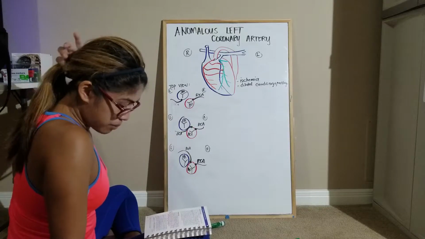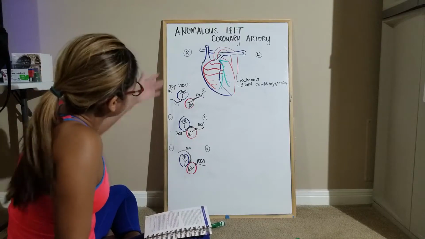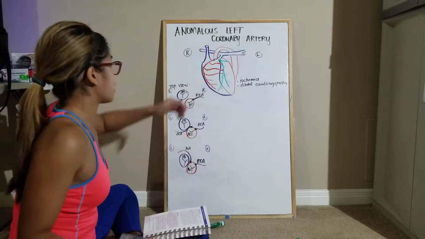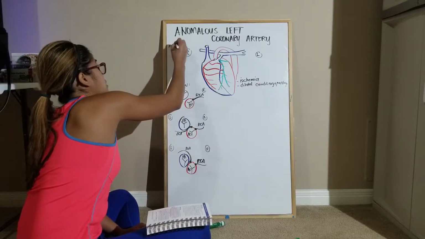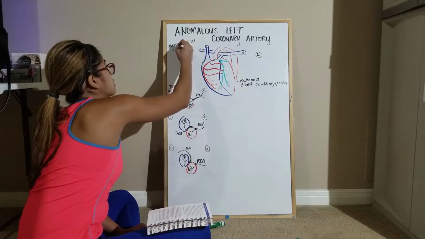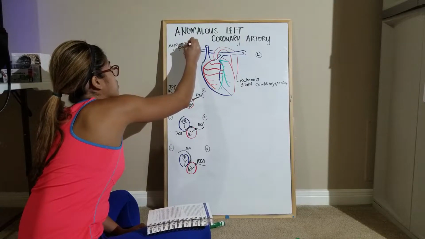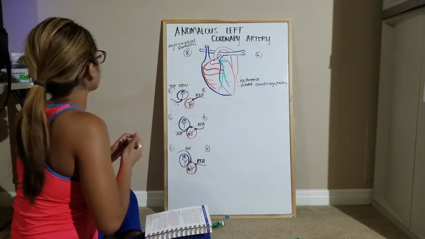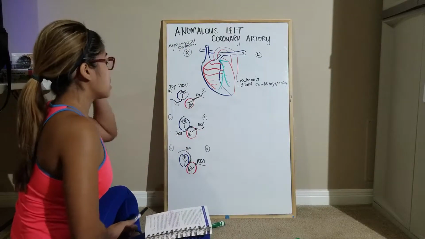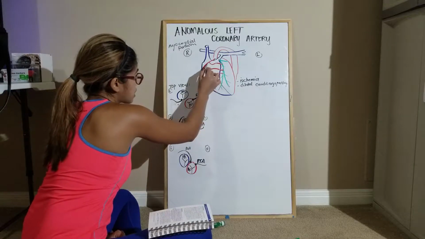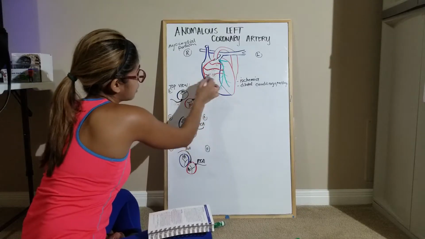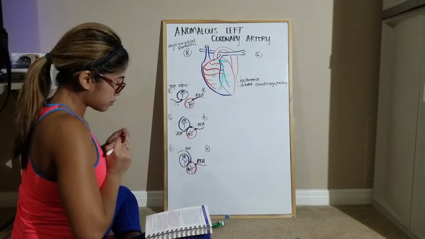So it may further compromise the perfusion, the myocardial perfusion is what we're talking about here. This is our main concern with this kind of defect, myocardial perfusion. So the myocardial perfusion may further be compromised due to the collaterals, which is this connection here, because